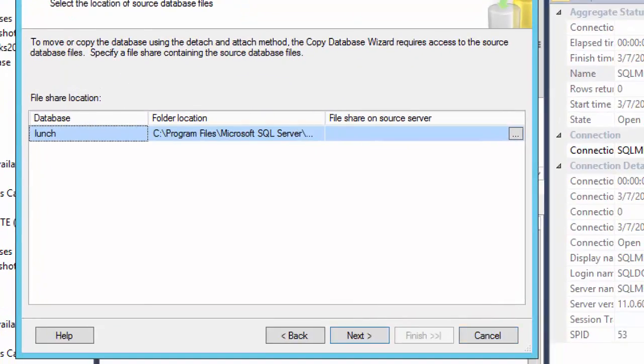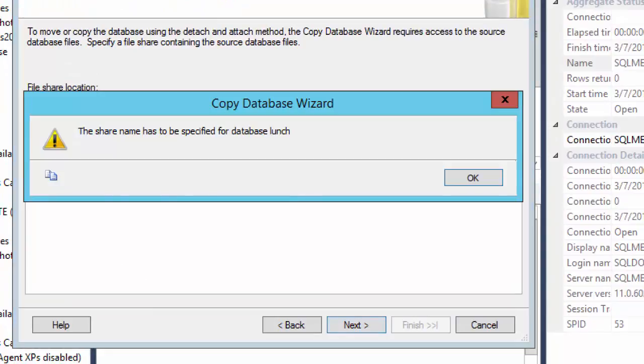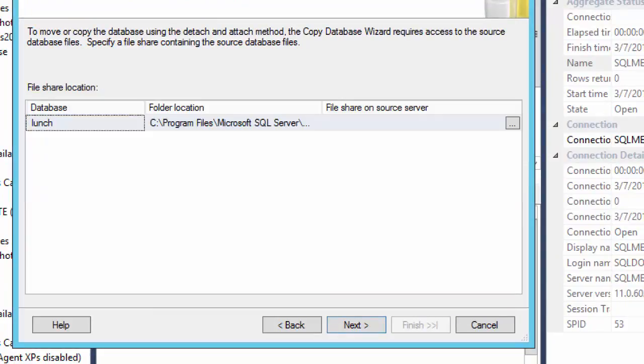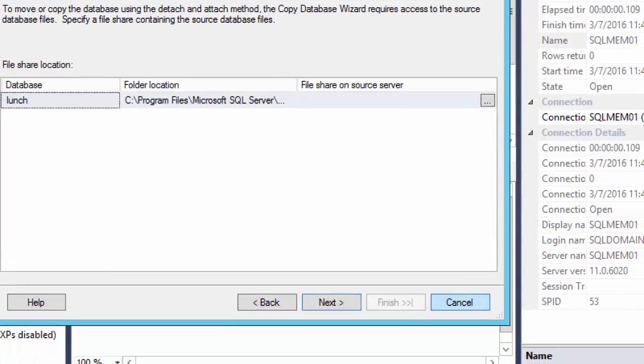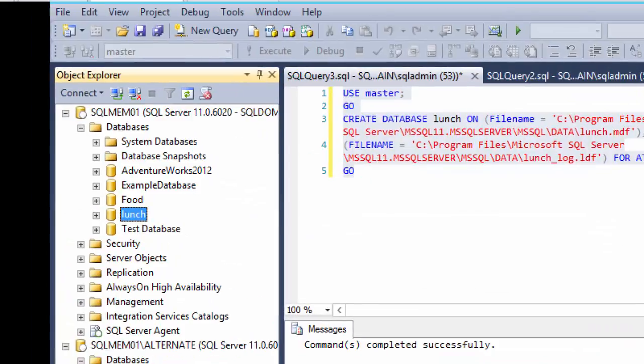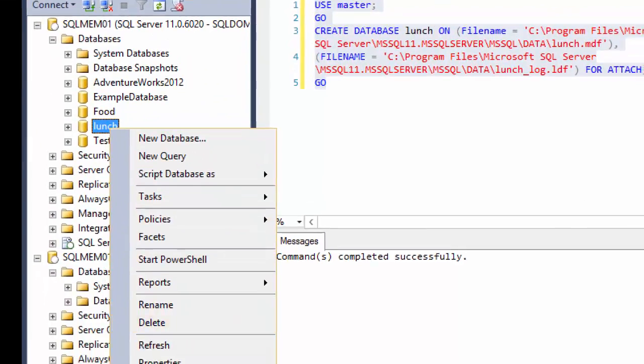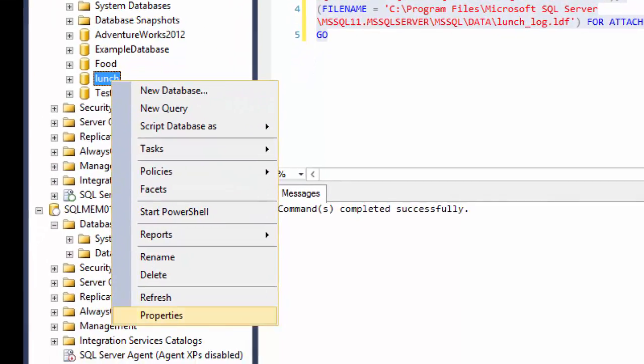And the folder is shared, but does it? Share name has to be specified for database lunch. Oh, for the database as well, the share name has to be specified. Okay. Properties.